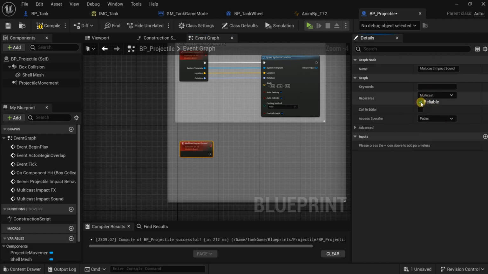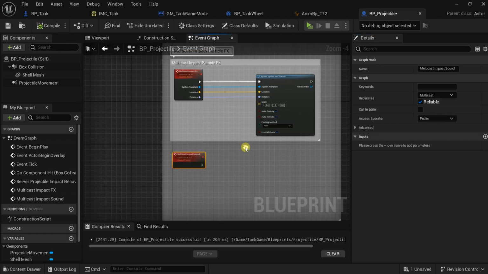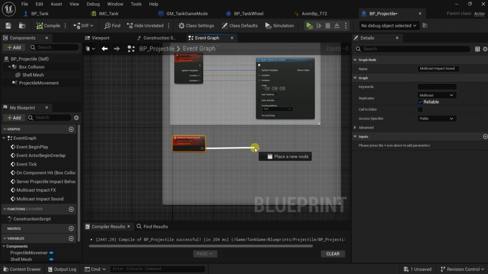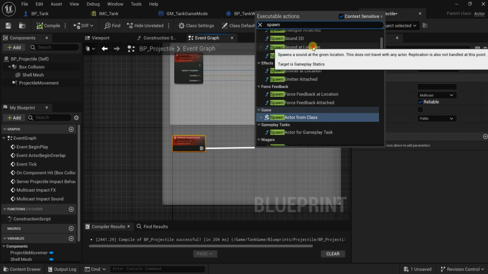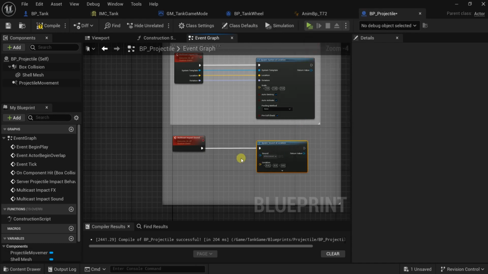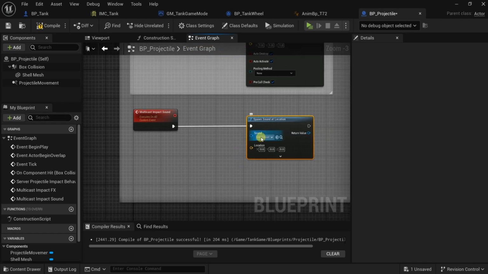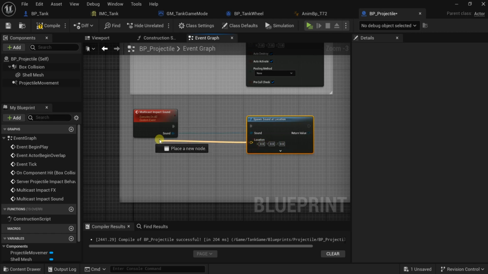Here I'll put it reliable just for the sake of the test. Here spawn sound, sound at location. Here. Also let's put the sound here, and for the location also here,